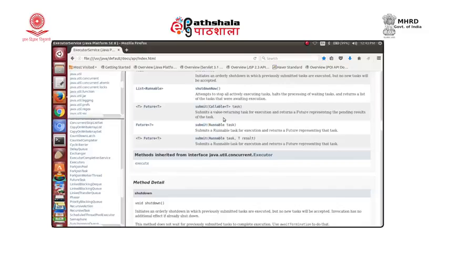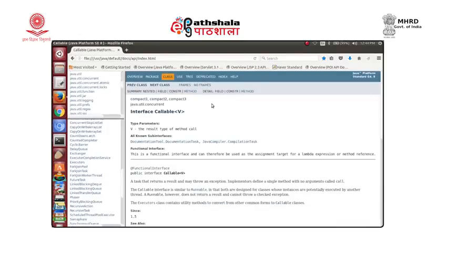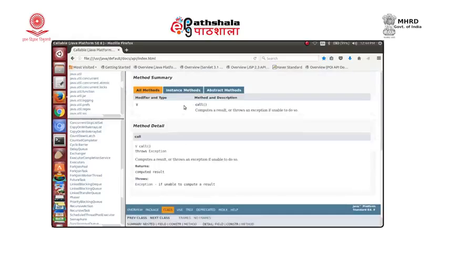You can see this submit method can take a callable or a runnable as a parameter. In our case, we are just going to use a runnable, and when we submit, it returns an object of future. We can first quickly have a look at what this callable interface is.